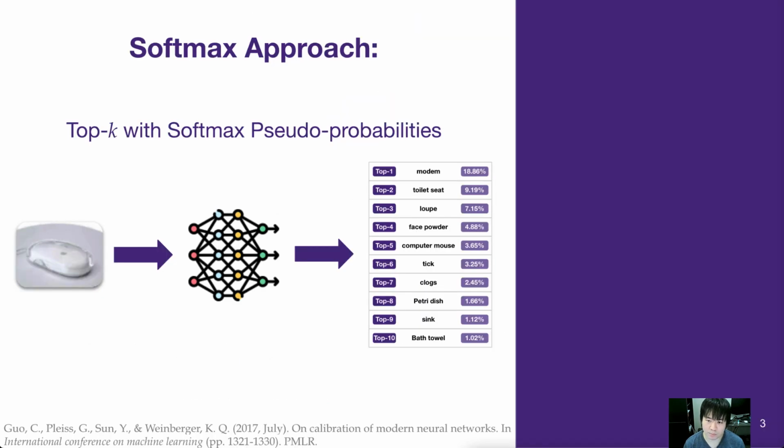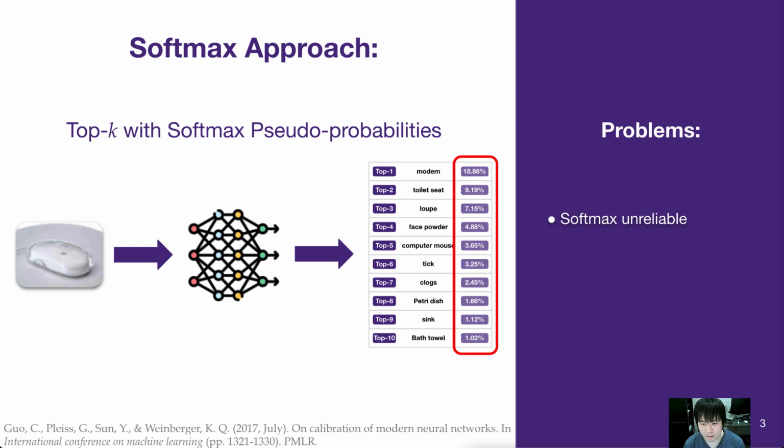One common approach is to present both the model's top K predictions and the softmax pseudo probabilities, which indicate prediction confidence. The problem is, softmax are not reliable. Prior research in machine learning has shown that neural networks have a tendency to output overly confident predictions, even when the model encounters instances that are unfamiliar or unseen during training. Also, unlike conventional confidence intervals, top K predictions do not provide any accuracy guarantee. That is, for an unknown instance, decision makers never know whether the true answer is included in the top K